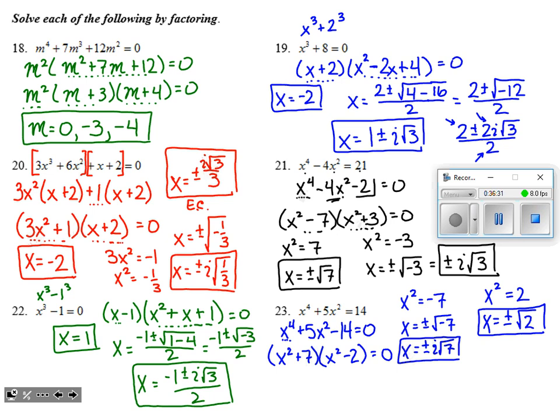Again, I can't stress this enough. The main focus here is the factoring. So if this seems like an unbelievable amount of work, realize what's important to us, the teachers, as we are grading this. The solutions will just be the final point out of 3. Also, you will not have this many problems on your test. I believe there are only 4 solved by factoring problems on your test.